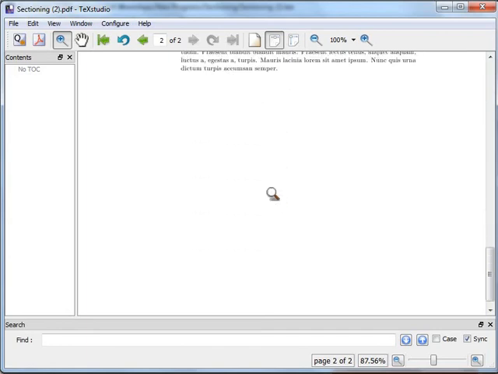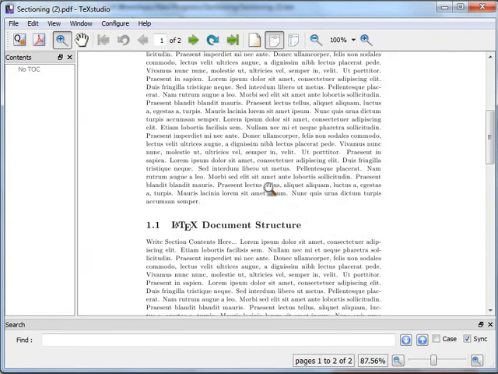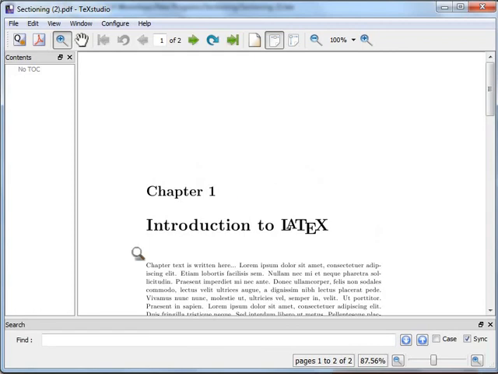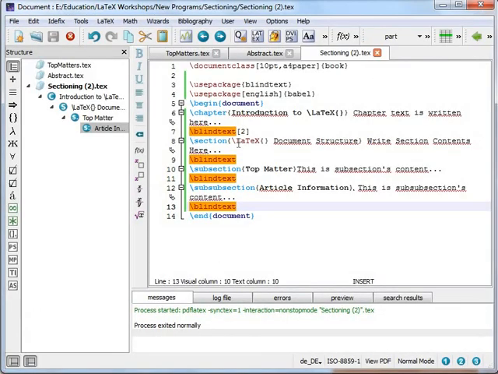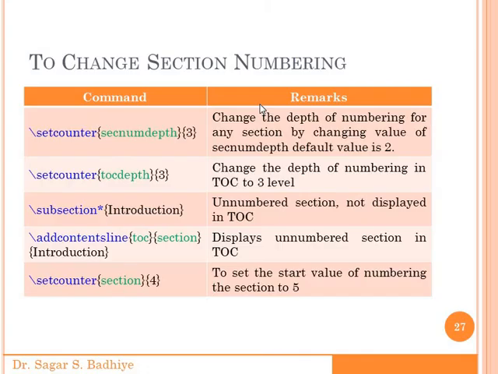In this way you can create a document, or section a particular document, by using \section, \chapter, \subsection or \subsubsection, different kinds of leveling in the sectioning which is provided. We can also change the section numbering at any place.